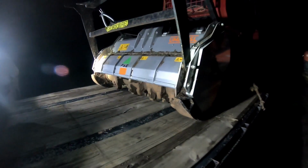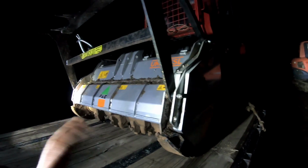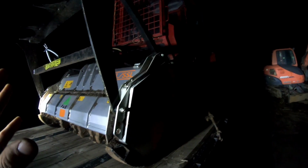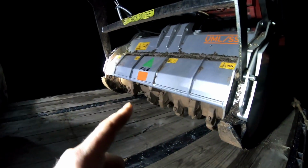So hopefully we're going to pick up a little bit more speed just based on the fact that this thing is dang near double the horsepower of the Rayco. It's not nearly as maneuverable. Obviously this thing is like twice as long as the Rayco. It's a small little tractor, but horsepower and the width of the cutter head, oh yeah, looking forward to that,